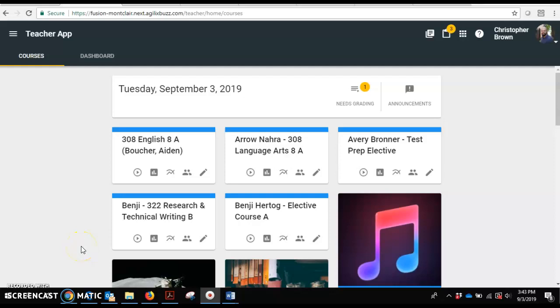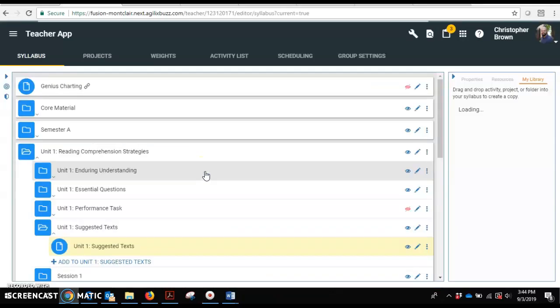Hey everyone, I'm going to show you how to update your course tiles so it doesn't look as technical and it's easier to find the courses that you need. So for this particular course, it starts with a number. I wanted to have it start with the name, and I also want to put a picture on top of the course tile. So what I'm going to do is click Editor, and then I'm going to